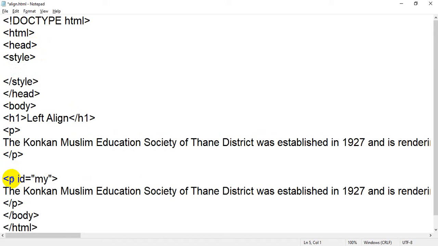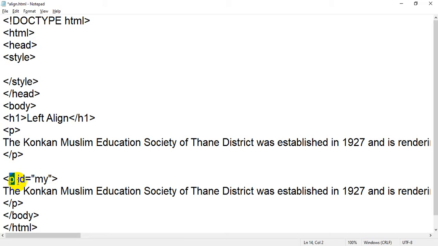So if I use the p tag, please make it clear, if I use the p tag, it will consider both the p's. For example, many times I have given an example, in a class of 50 students or more than 50 students or whatever number of students it can be, if I ask who is Pooja, who is Hasina, who is Samir, who is Nazim, whatever name I am calling, there is a possibility that there must be more than one Pooja.